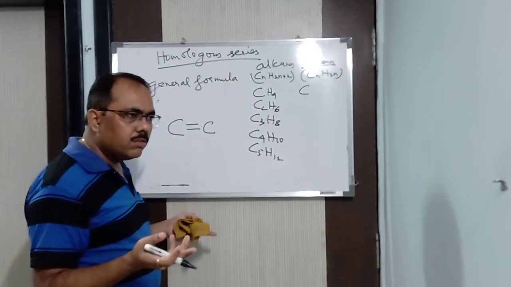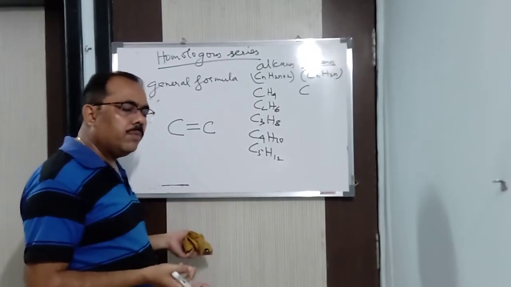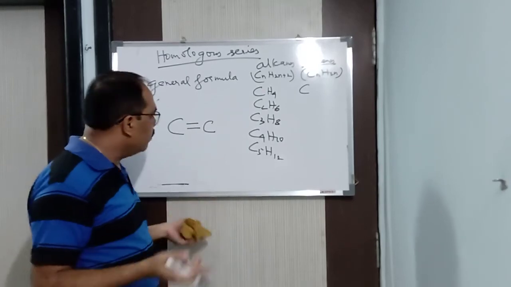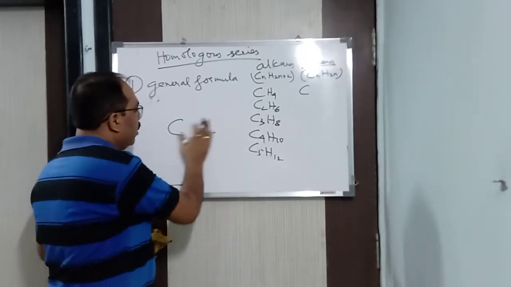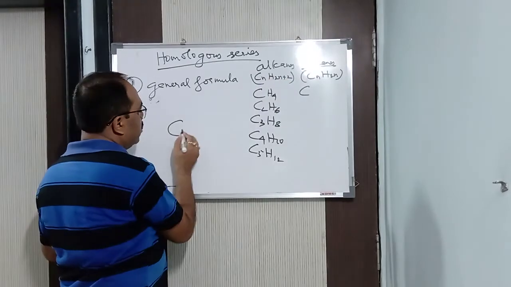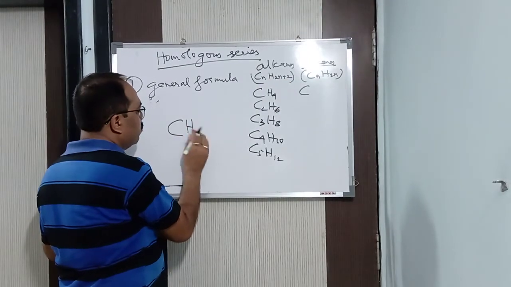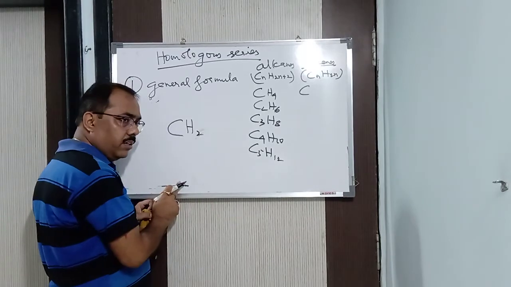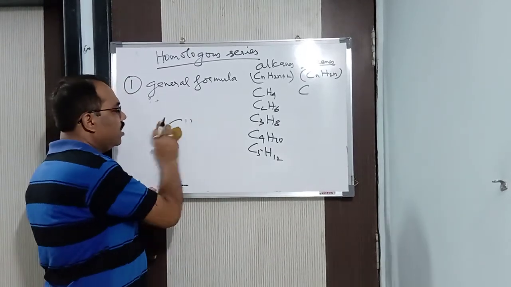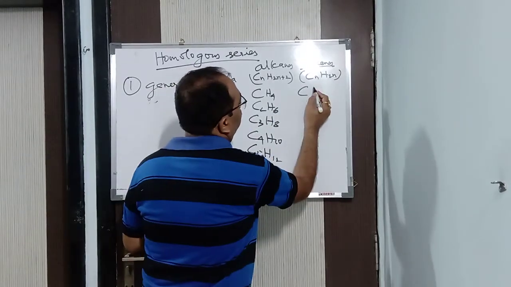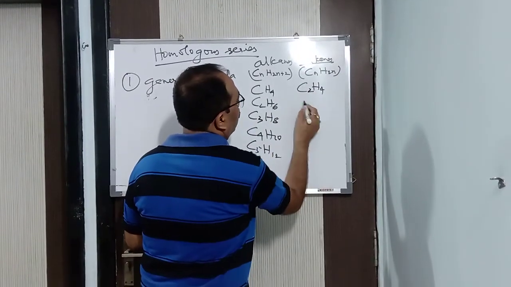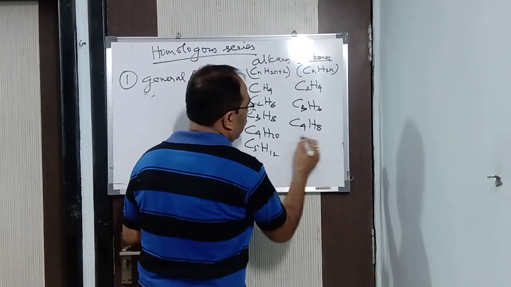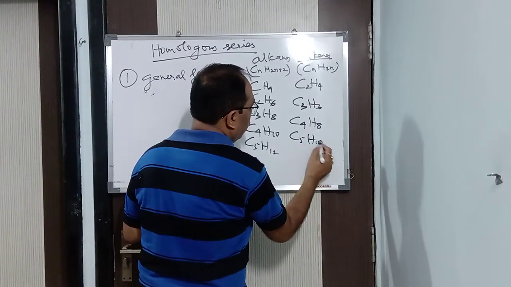Why does it not exist? Because what is the main property of alkenes? That there should be a carbon-carbon double bond. So where is it? It is not there. Suppose CnH2n, and I take n as 1. How much will I get? CH2. It's a methane. Will it exist? Is the carbon atom satisfied? No. So hence methane does not exist. Got it? So here it will be C2H4, then C3H6, then C4H8, then C5H10 in this way.